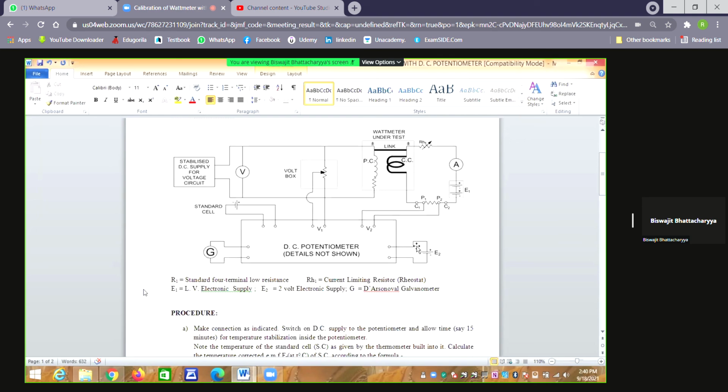Second thing is, for the current terminal, the opposite applies. Since it is handling a large amount of current, which is just entering into the resistance or leaving it, its size will be more to handle that. Not only that, another purpose is to reduce contact drop, that is, to reduce contact resistance in the current terminal.